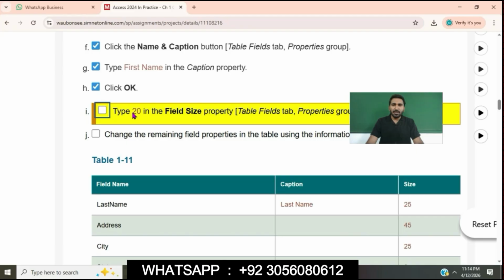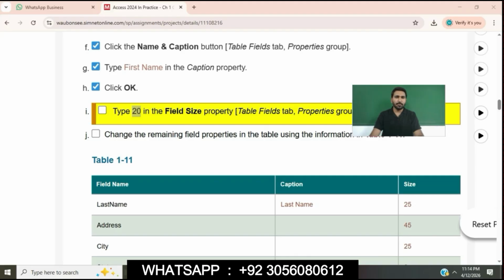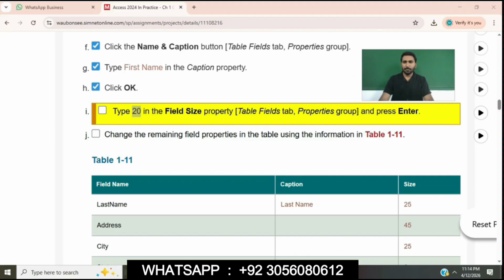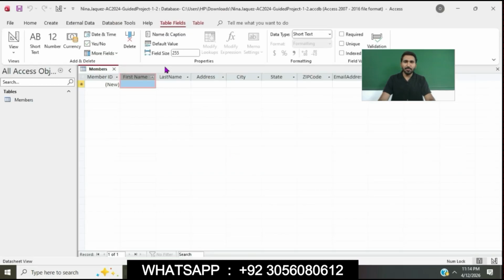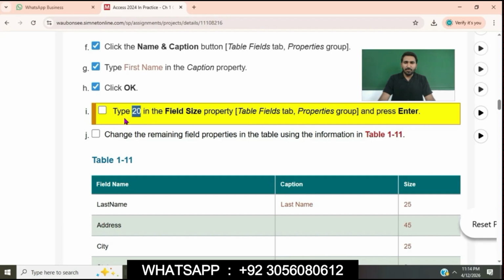So the next point is that point I, type 20 in the field size property. We will go to the Table Fields tab in the Properties group, click on the field size property and enter 20. So this question is done.